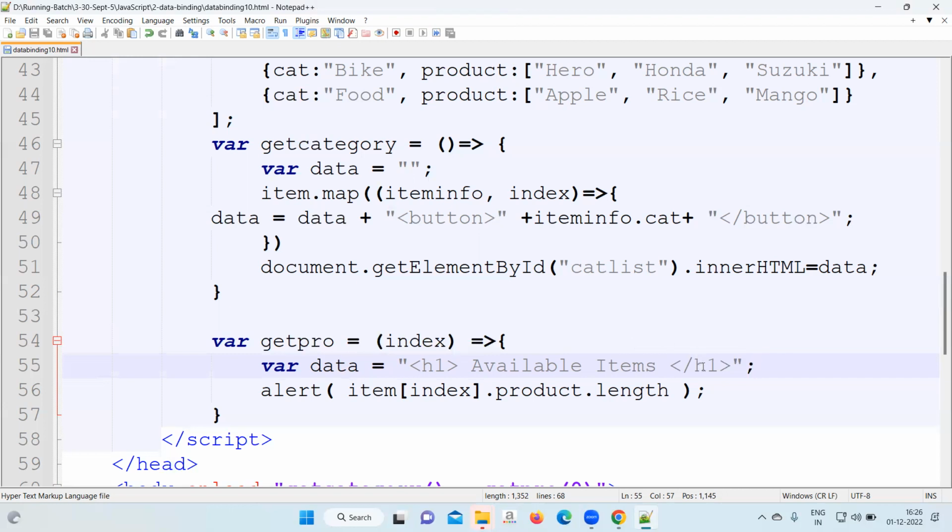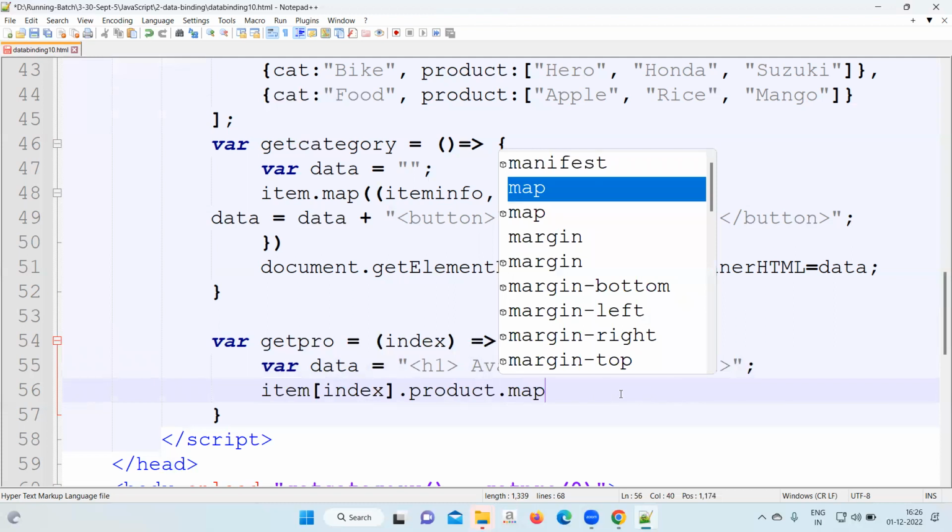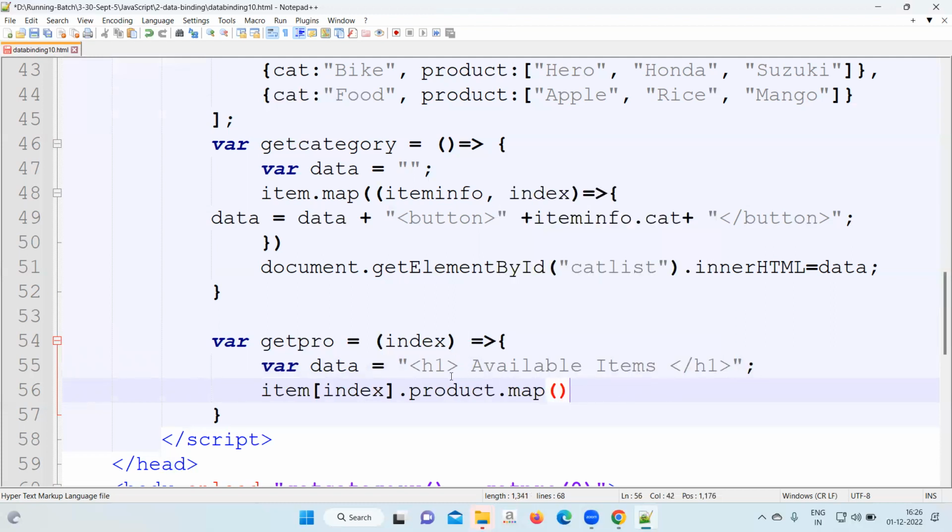If label items, close the H1. Now come down and write here. This item of index of product dot map. Product dot map. So you are going to run the,